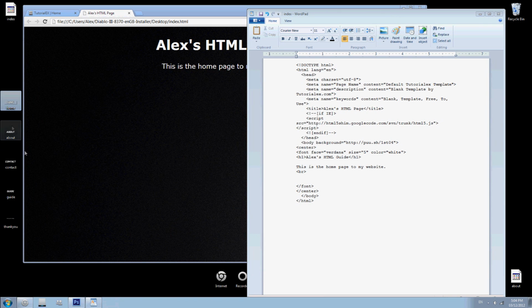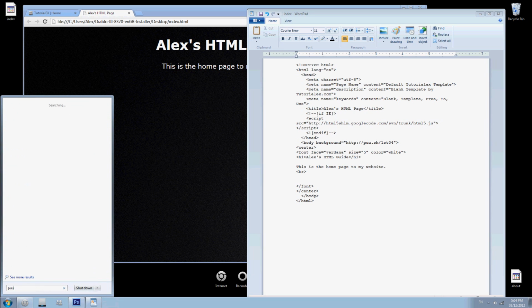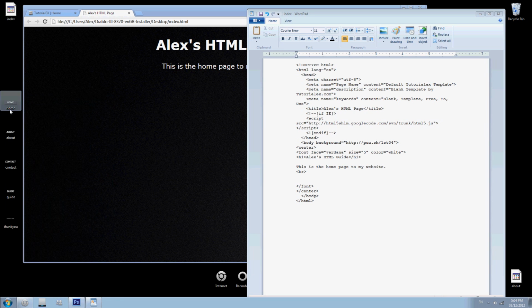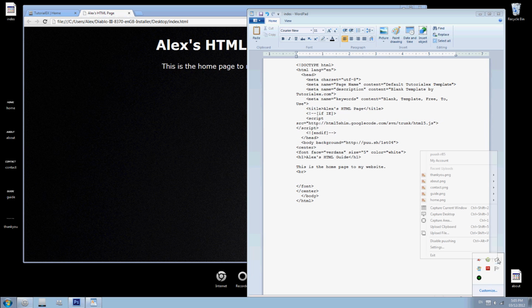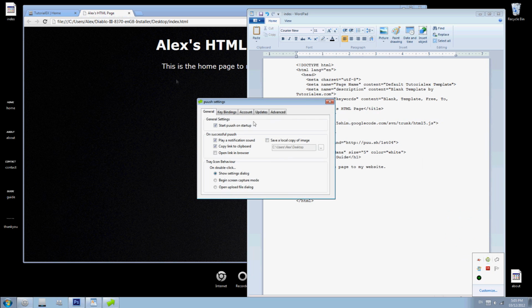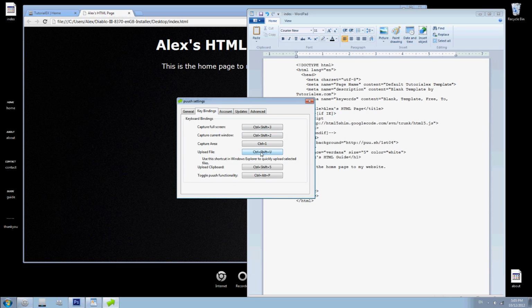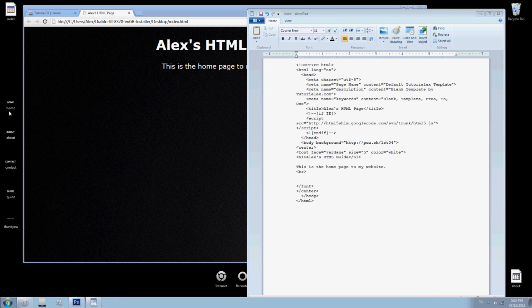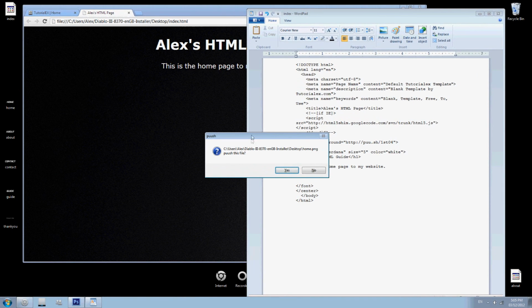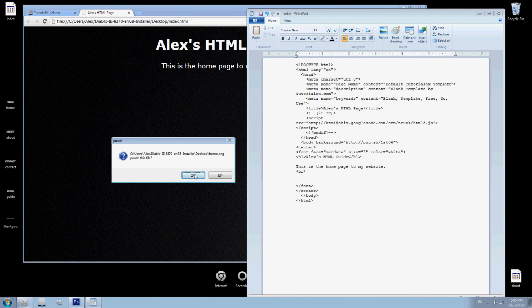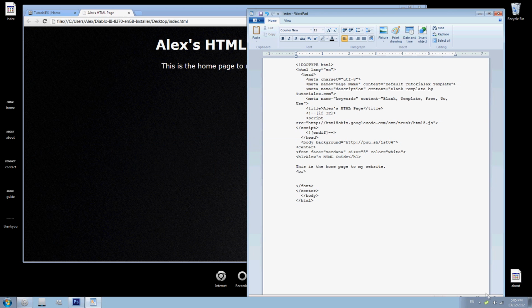So what I'm gonna do, I'm gonna use the Push application, which is quite nice. You just select it, and then you do your, let me just show you right here. This is it. Okay, so basically you have the push settings, which are right here. What you have is the key bindings. What I use to upload a file is Control-Shift-U. So when I select the file and press Control-Shift-U, there's a dialog that comes up and says, do you want to upload this file? I say yes. It uploads it, and